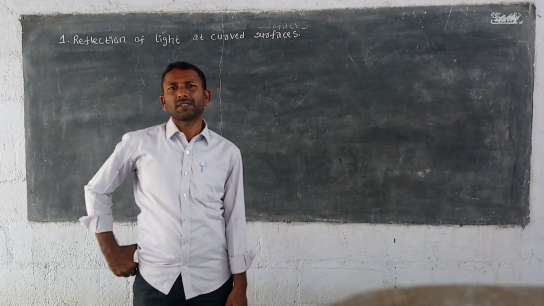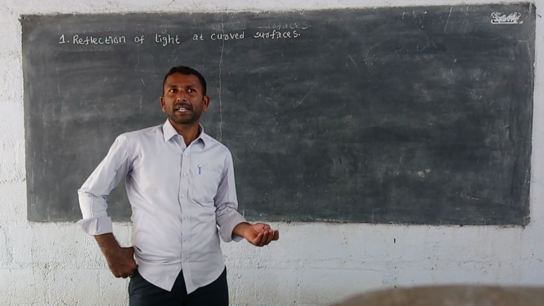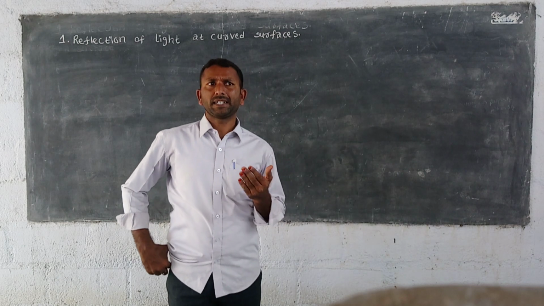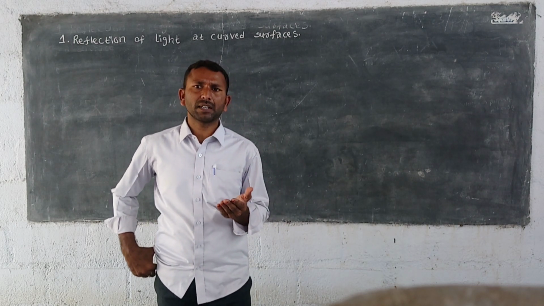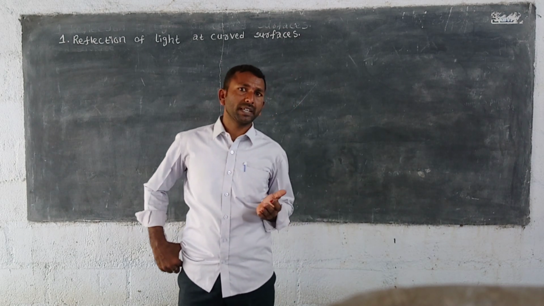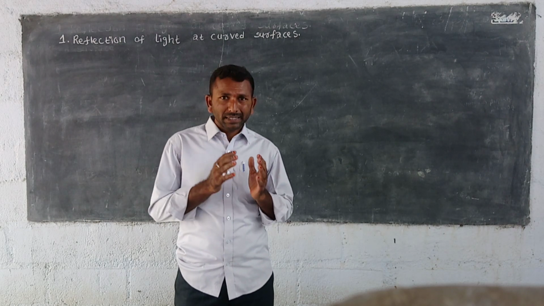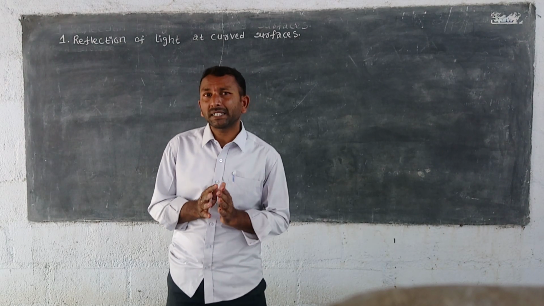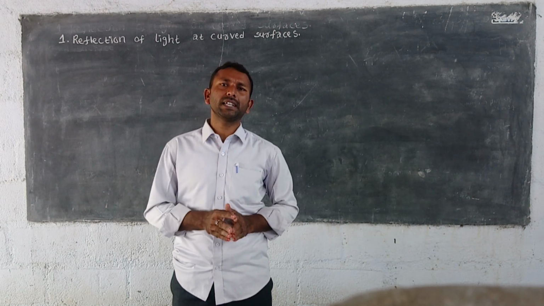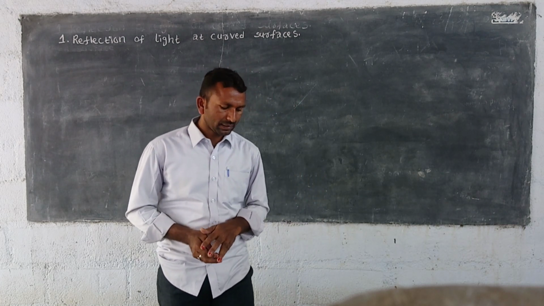So in class 7 we introduced light and we learned about plane mirrors, how the image is formed in plane mirrors. Did you observe your image in the plane mirror? In regular day-to-day life, you observe your image in plane mirrors. What is the size of the image in the plane mirror? Suppose you are seeing your image in a plane mirror. How much size you have, that much size only appears in the plane mirror. We have already learned this in the previous classes.